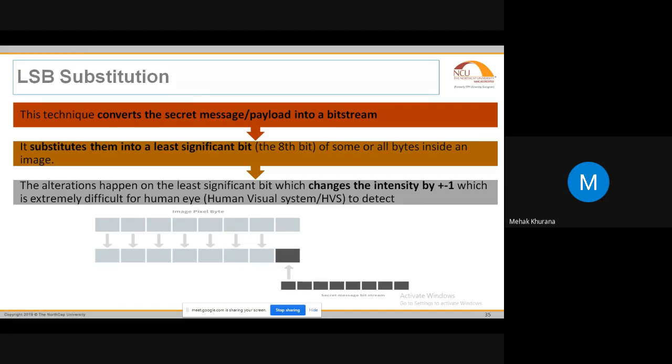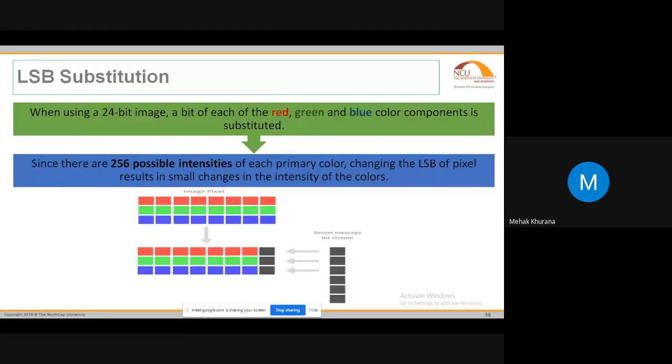Similarly, next, in the colored image, you can see we have three colors: red, green, and blue. So I have converted one pixel of my image into 24 bits, or you can call it a 24-bit image, or 3 bytes. Again, the black portion is my message that I need to put inside the image, and the colors are representing my image. That is why one pixel is being represented.